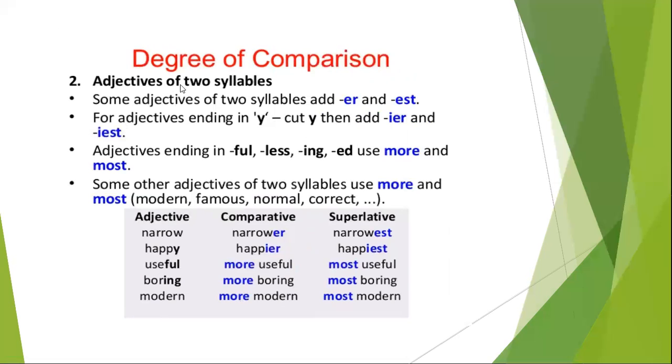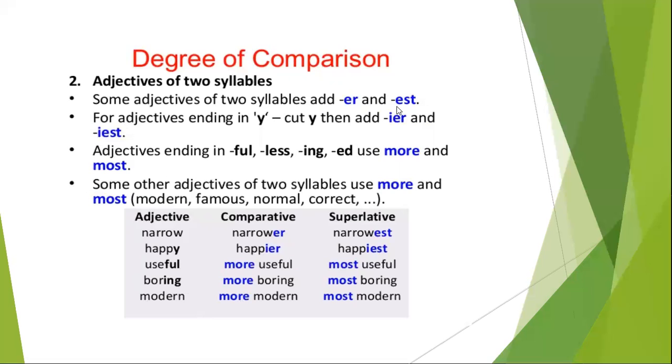Next, adjectives of two syllables. Some adjectives of two syllables add er and est. For adjectives ending in y, cut y, then add ier and iest. Adjectives ending in ful, less, ing, ed use more and most. Some other adjectives of two syllables use more and most: modern, famous, normal, correct. So here, if we have adjectives of two syllables, we should add er in comparative and